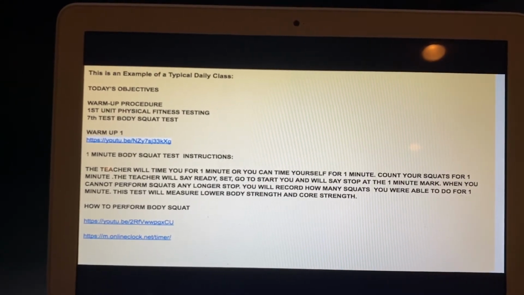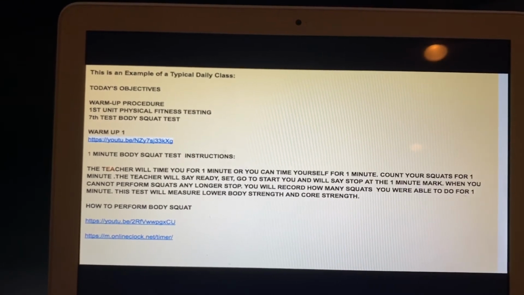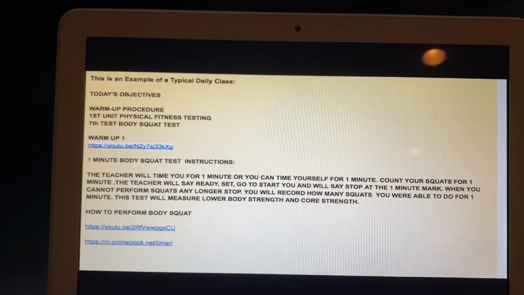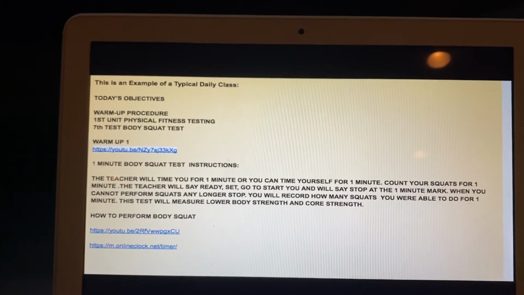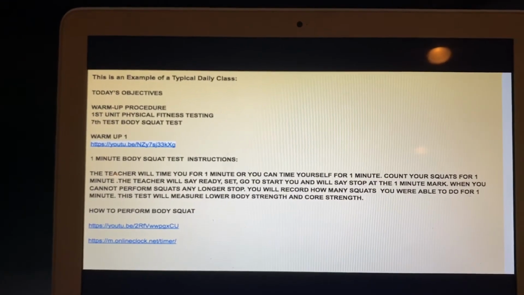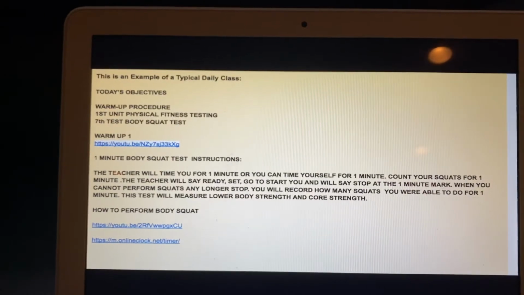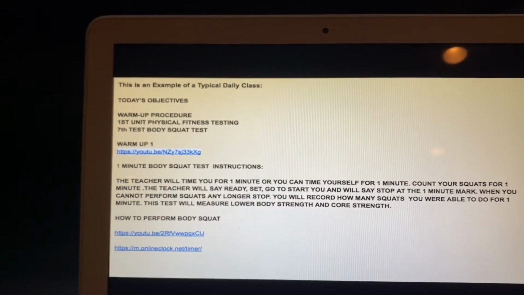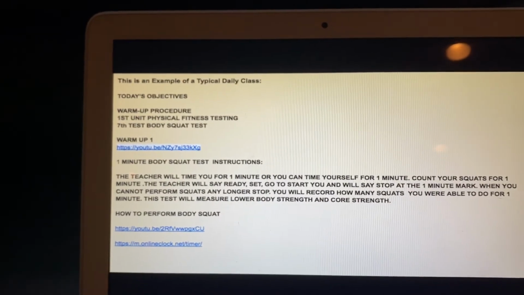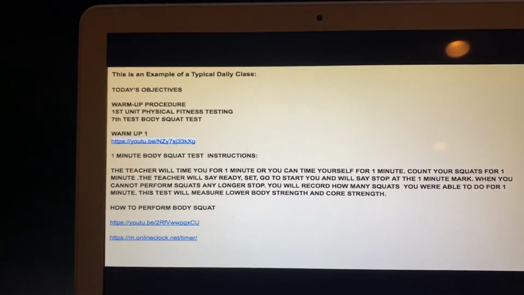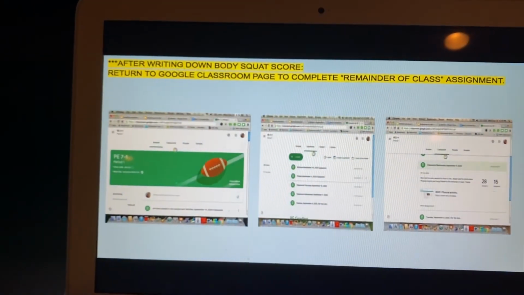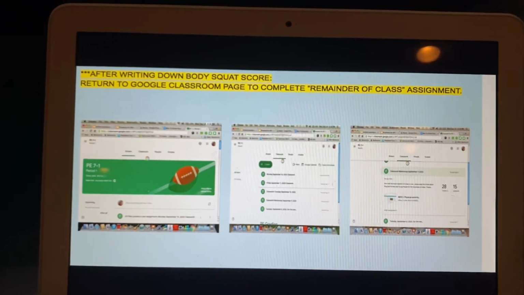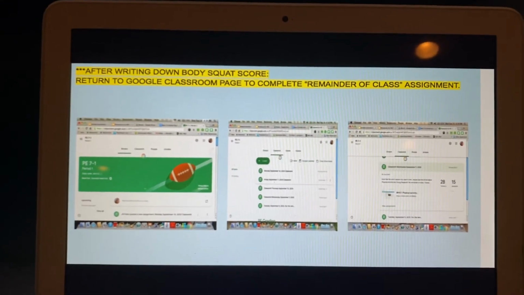For these instructions, they would be able to read them, hear them being read to them, and there is also a demonstration video at the bottom. After the demonstration video is played, the final link on this page would be the timer that would go up on the screen for them to see, and for this test, it is a 1-minute test, so it would be a 1-minute timer. After they write down their body squat score, they would return to Google Classroom to complete the remainder of the